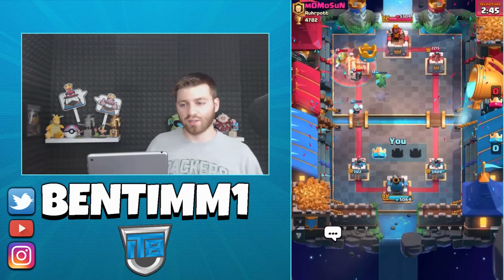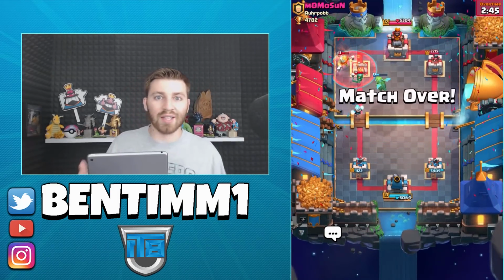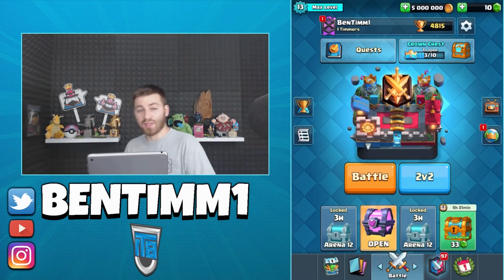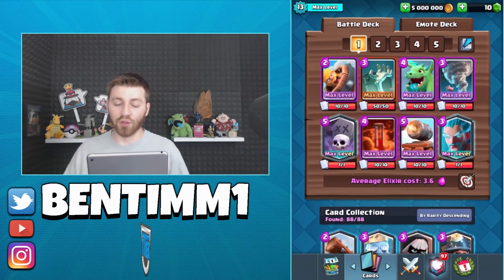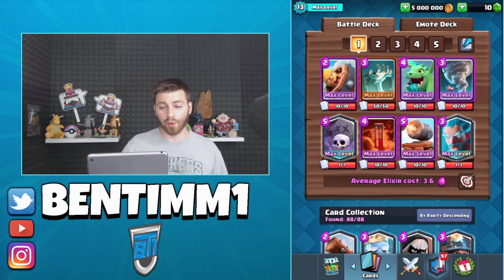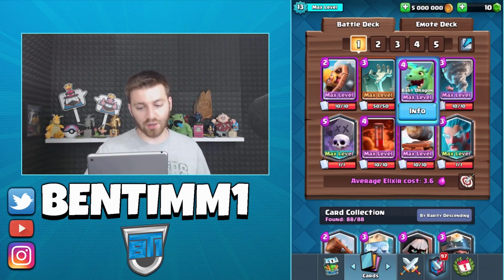So we did have the advantage. He was the level 12. I do need to rise up the trophies, but you're seeing how the battle deck works, the pushes that you can do. I will say, sometimes I find it a little bit difficult with the battle deck to deal with really heavy pushes, so you have to be on point with using your Ice Wizard and your Baby Dragon